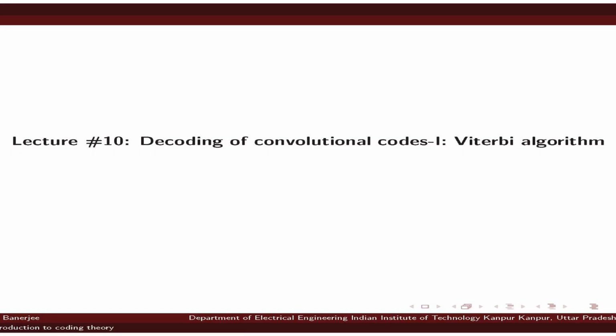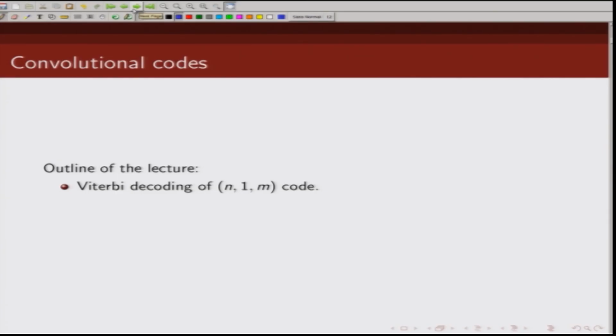We are going to discuss how to decode convolutional code, and in this regard we are going to talk about a maximum likelihood decoding algorithm known as the Viterbi algorithm for decoding of convolutional codes. So, we are going to illustrate Viterbi decoding of a rate 1 by n convolutional code whose memory order is m,